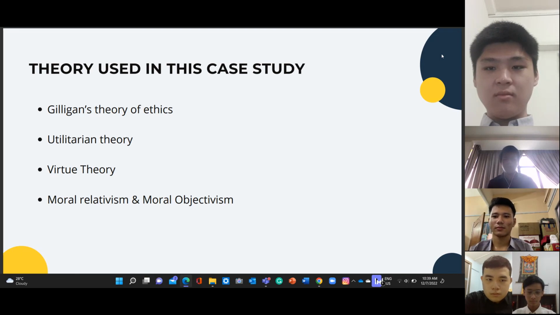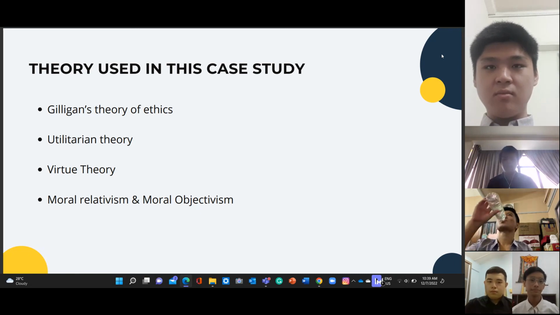Virtue theory concerns understanding and living a life of moral character. And the last but not least is moral relativism and moral objectivism. Moral relativism is about how the morality